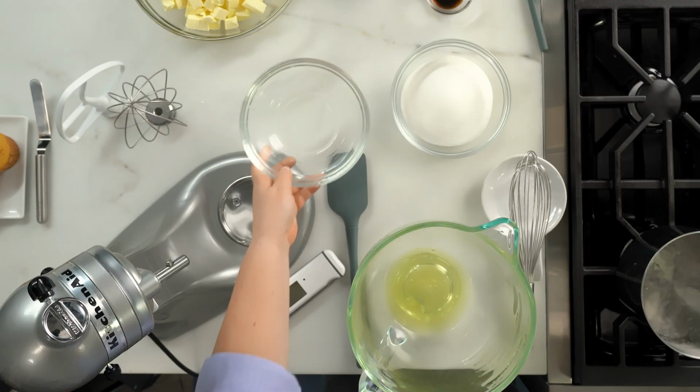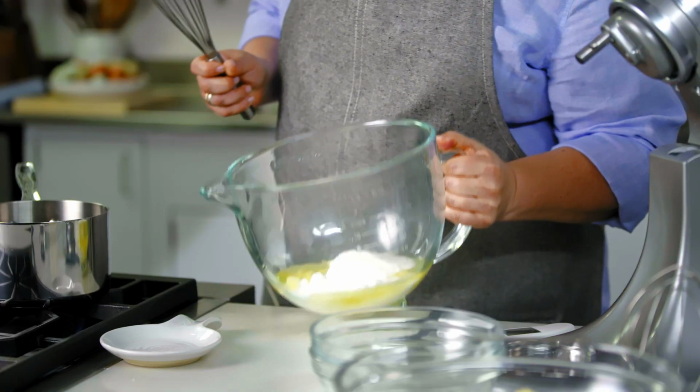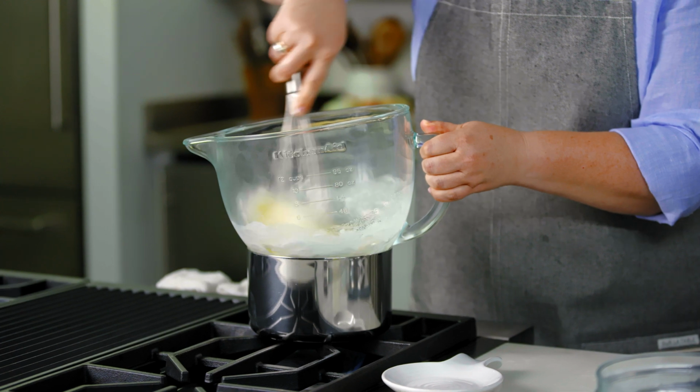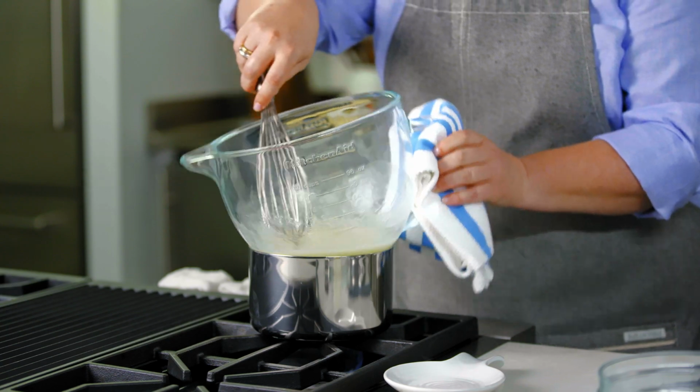Room temperature egg whites, granulated sugar go into the bowl, and now the bowl gets set over the simmering water. We're going to cook or heat this mixture to do a few things. One, it's going to melt the sugar, and it's also going to start tempering the egg whites, which makes them safe to eat. Grab a towel if you need to, if it gets a little hot, and whisk consistently,